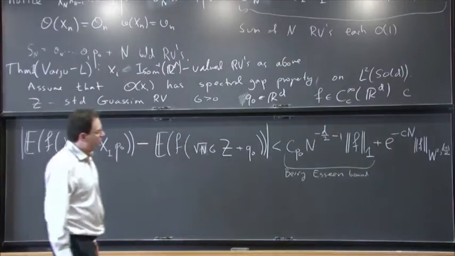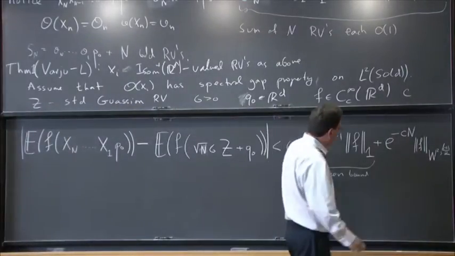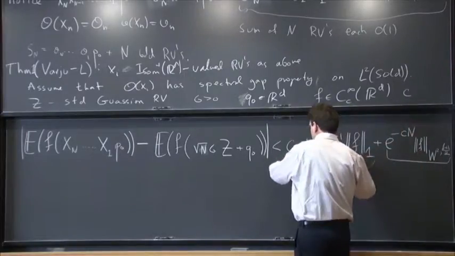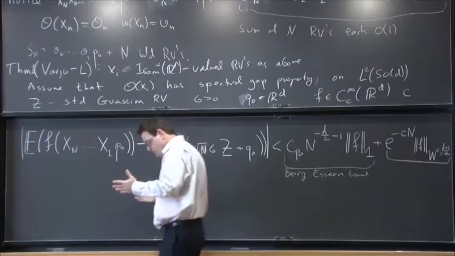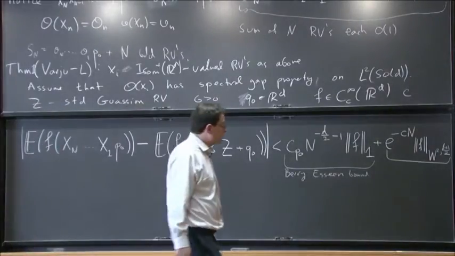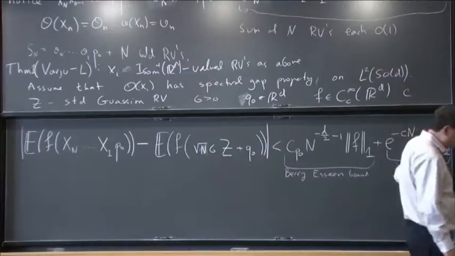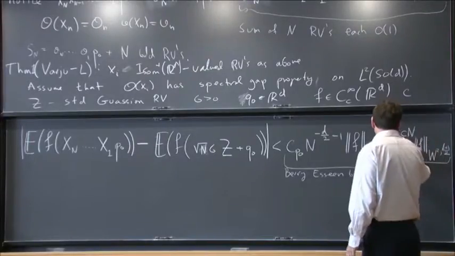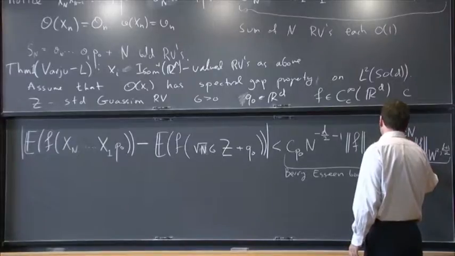But the interesting part: this is a polynomial error, and that's basically what you could expect. You can't expect more than that in a Gaussian distribution. But this error term is actually the more interesting one, and the one with some novelty, because you see that it's exponentially small. So this means that you're allowed to take